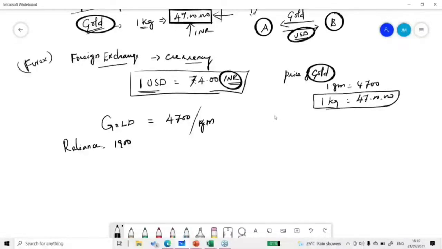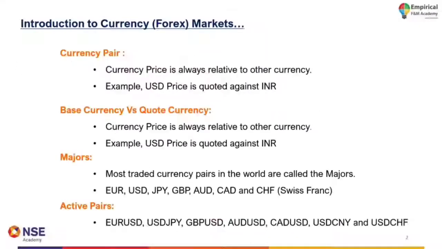Hereafter, I'll not write 1 USD equal to 74. We will call it USD INR. So this becomes the financial instrument, or the product. USD INR becomes the product. So what is the value of USD INR? Now it's simply saying, okay, 74. Which means now we need to understand what it is. The product which you are planning to buy is USD and we are going to sell Indian rupee, and this is what it means.